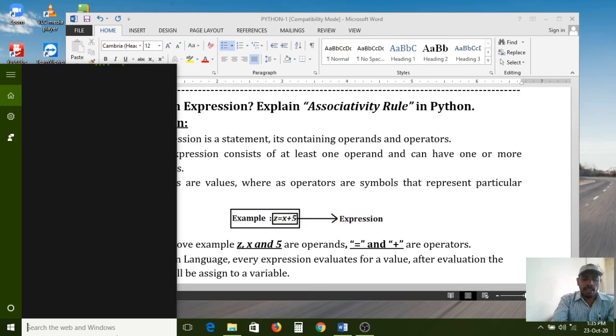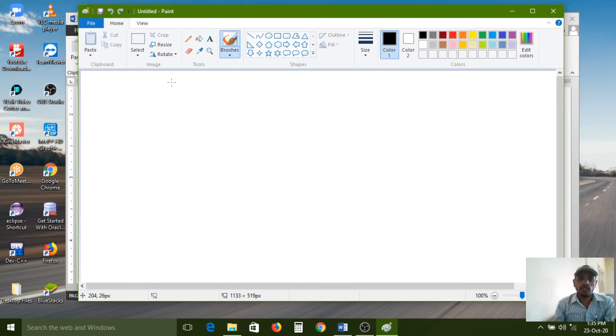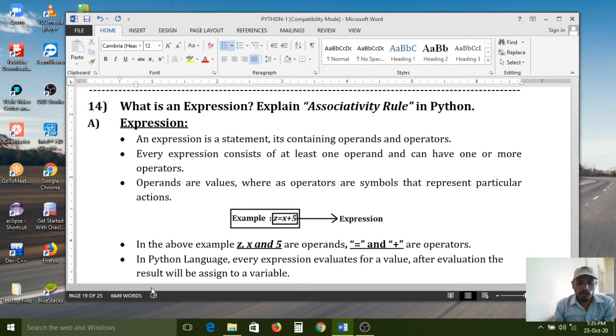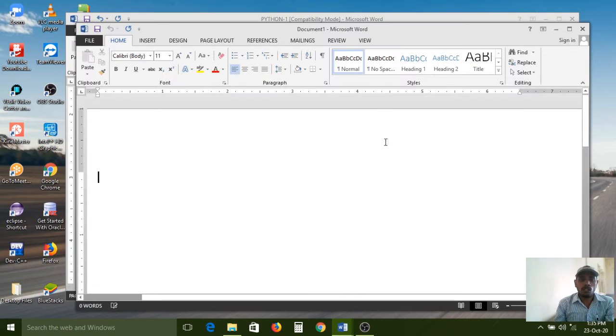I want to explain diagrammatically, that's why I'm opening the Paint window. Sorry, if it is a mathematical expression, the Paint window is not suitable. I want to open one more Word document.